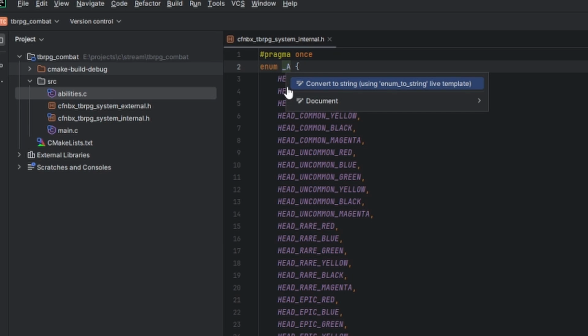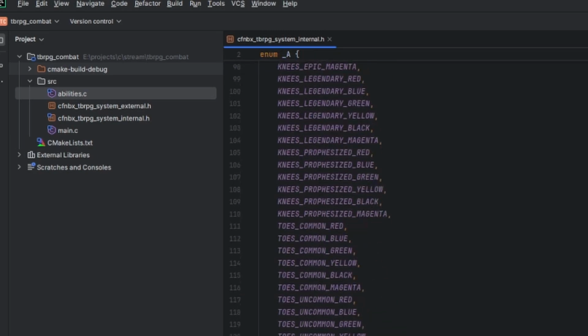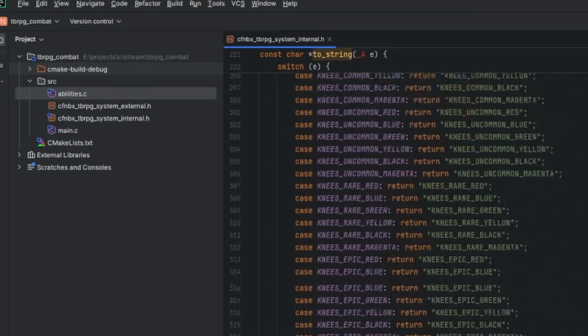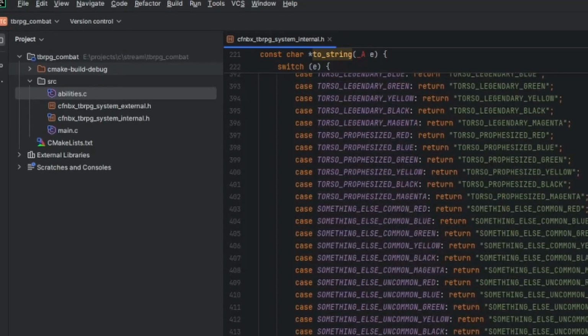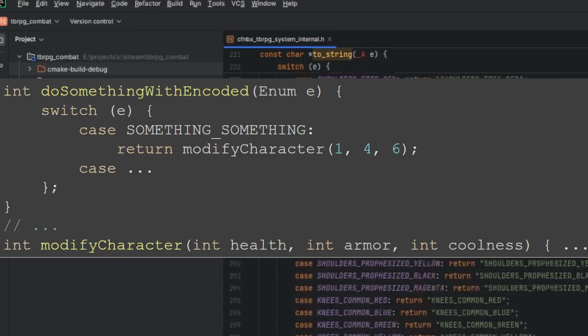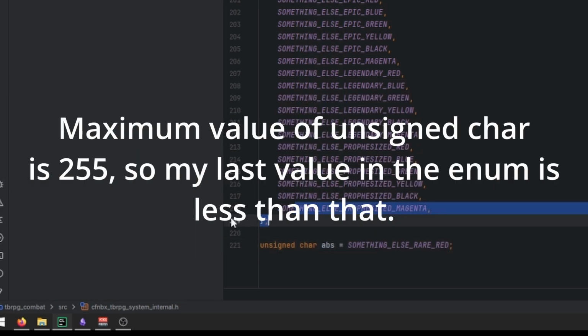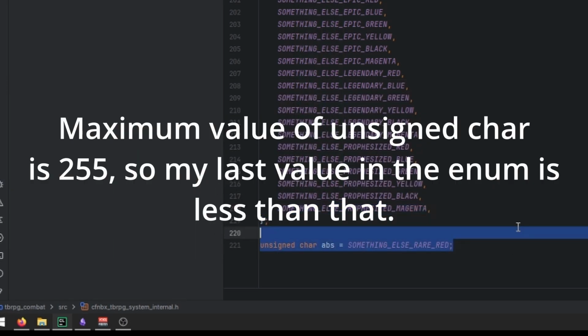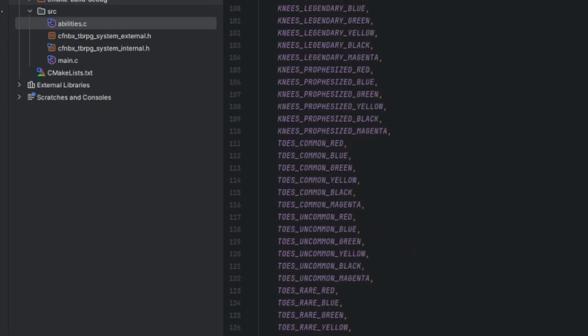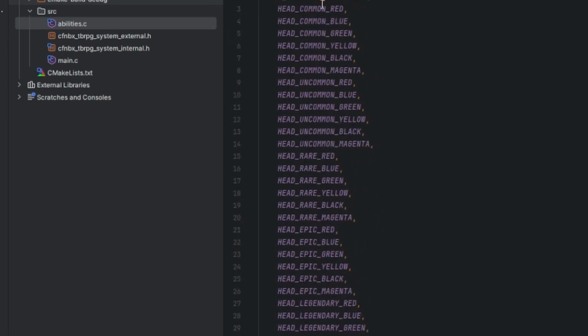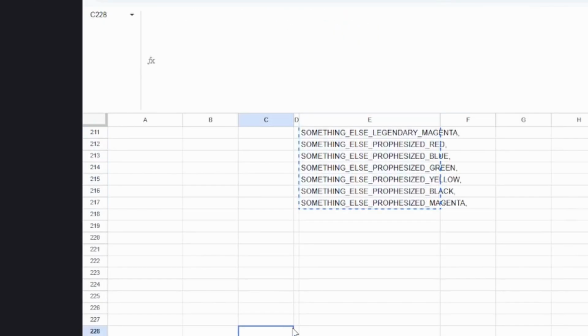Convert to string is some kind of templating thing where you just take this enum and make a switch case for all of it. And it's generating. Okay. Well, I scroll down and here it is. It made a big fat thing. So instead of these strings, you could have it do something else, and it will just mask because I'm underneath the limit, the bounds of the unsigned char. So if you can think of a way to use this, I just turned 3 bytes into 1 byte. You could definitely save more space doing this, especially if your states are